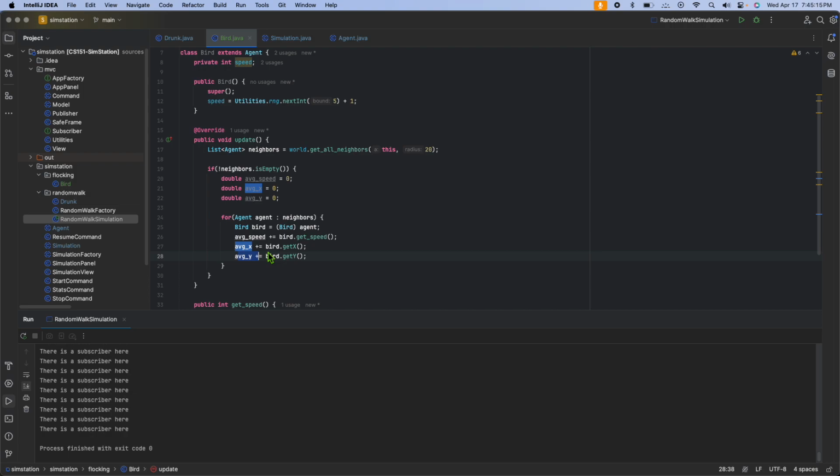You guys will notice how autocomplete does a lot of it. And that's the thing, programming is not the hard part. Typing average y plus equals bird.getY is not the hard part. It's understanding, okay, I have to update the average x and the average y coordinates for the algorithm for this method to work. Programming's not the hard part. Okay, now that we have done that,